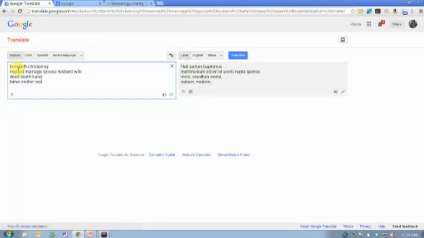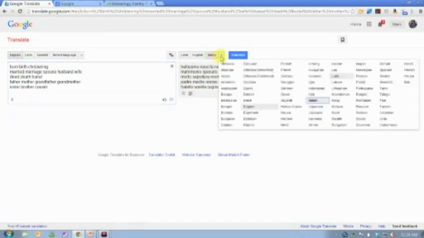Father, mother, grandfather, grandmother, sister, brother, cousin, right? Just create a whole list of words, and then over here you can actually just tell Google Translate what language you want those words to be in.